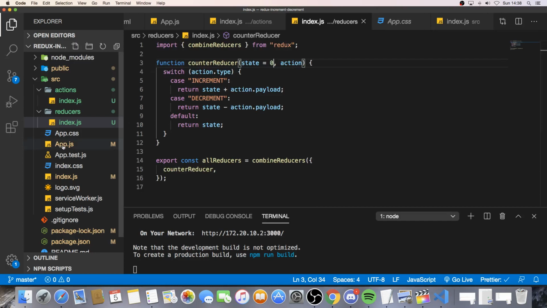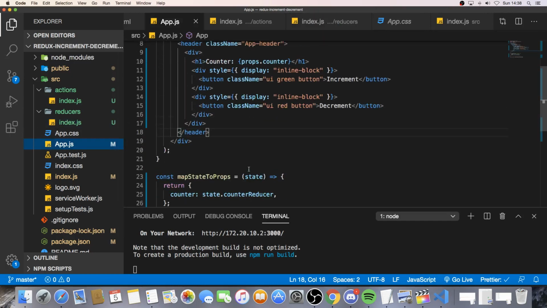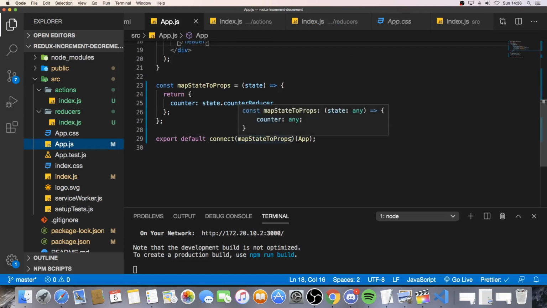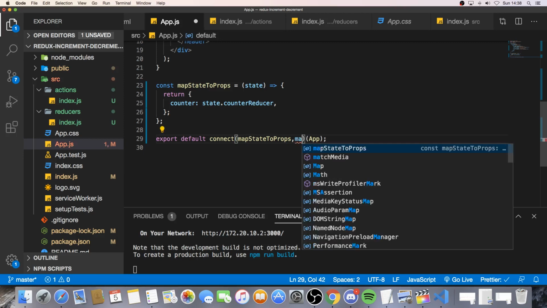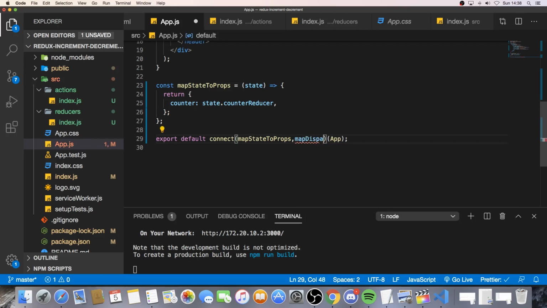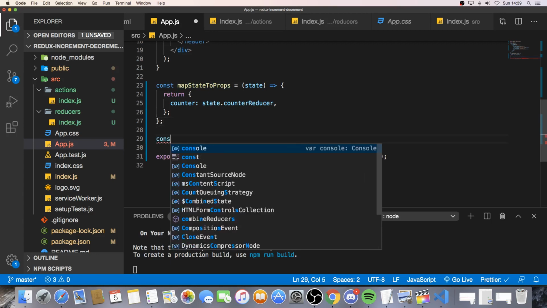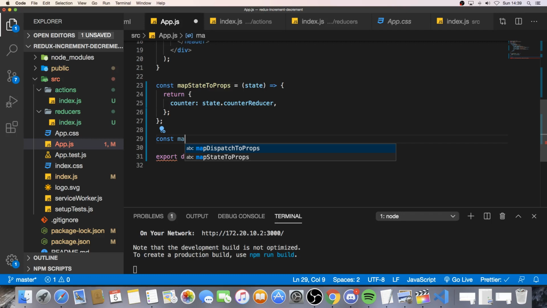go to app.js, go down, and now we're gonna add a marker right here after mapStateToProps, enter a comma, and we're gonna do mapDispatchToProps, like so. And we can add a space right here. And now we're gonna go under const mapStateToProps, and we're gonna do const mapDispatchToProps